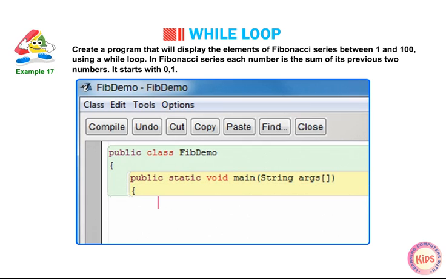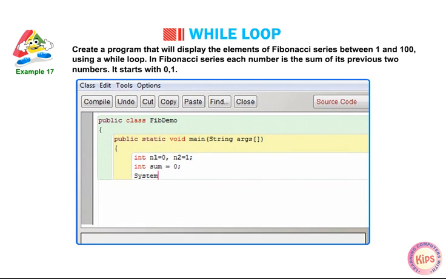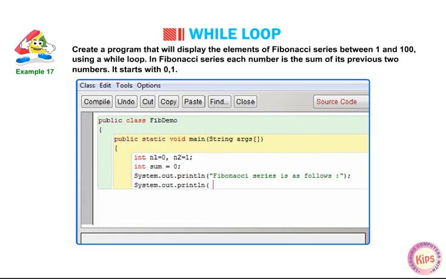int n1 = 0, n2 = 1; int sum = 0; System.out.println("Fibonacci series is as follows:"); System.out.println(n1 + "," + n2);